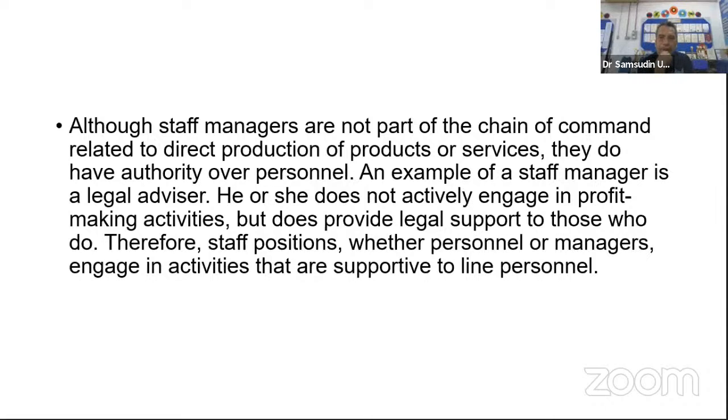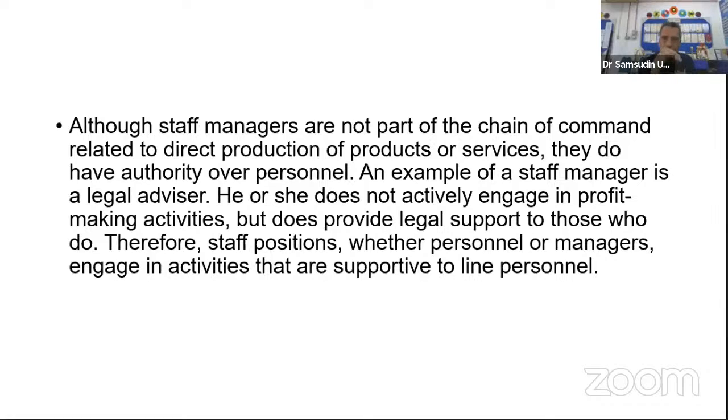In order to relate this administration staff to the line staff, the line staff is called the manager. This EO reports to the manager also. And this CC, chief clerk, reports to the EO. And the general clerk reports to the chief clerk. So that is the structure for administration staff.